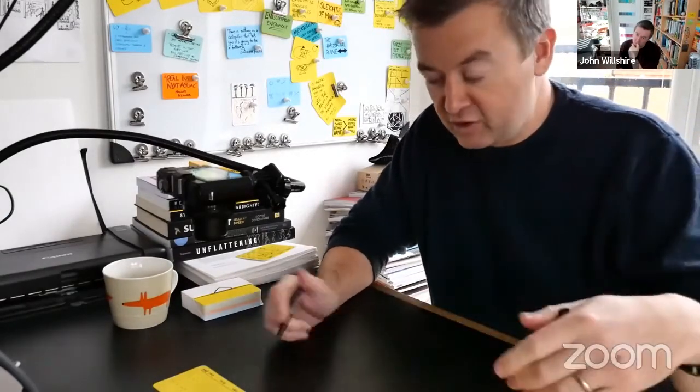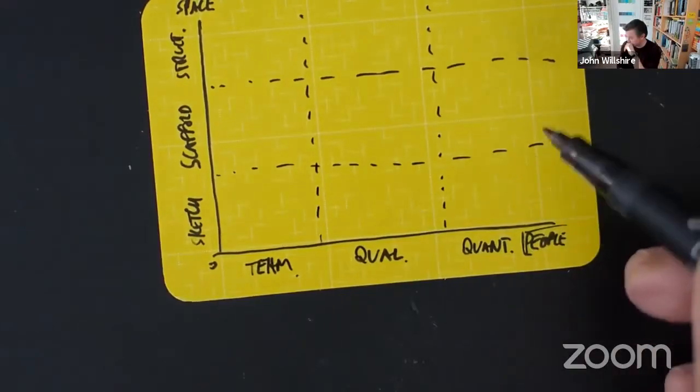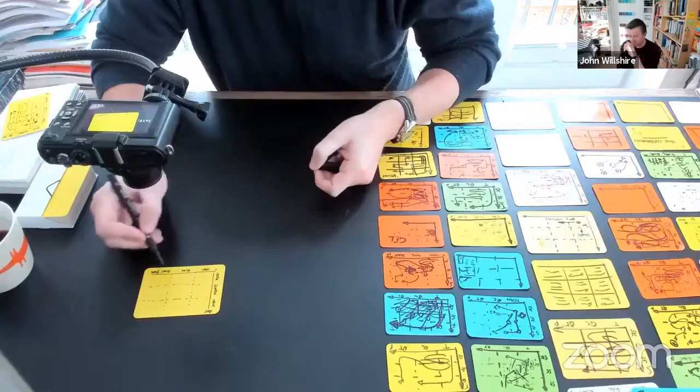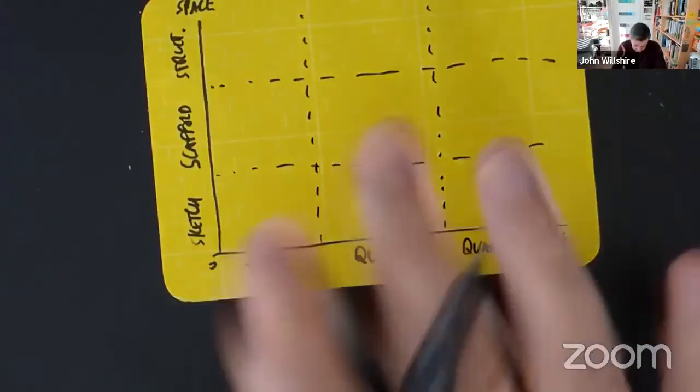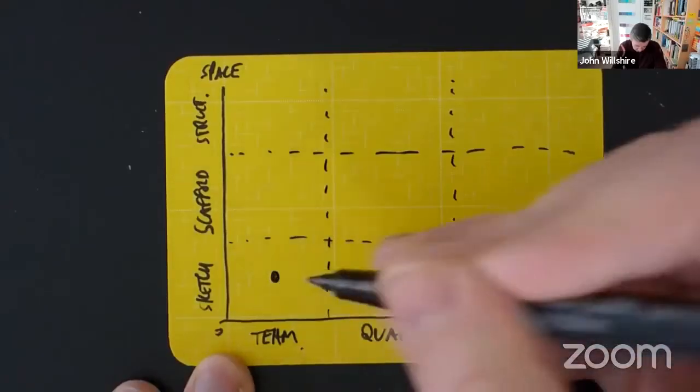But you can't talk to everyone, and that's why we use quantitative data. So quantitative data is basically the representation of behaviours at scale. So you're not talking to everyone about what they're doing, but you're getting the data back, which allows you to understand more about what's going on. So quant is the what and qual is the why, and so the combination of the two helps the team develop better. Now, the way this works as a model, you start here, for instance, if you're doing something new,